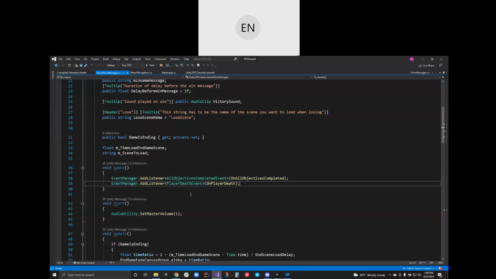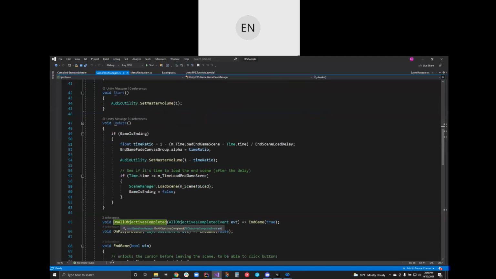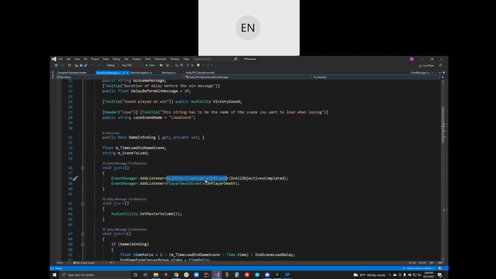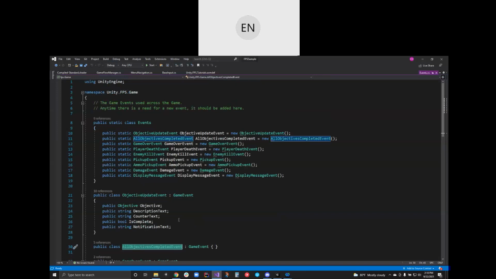So in this case, the game flow manager is just saying, hey, I want to add myself, one of my methods, if I move down here, this method here, as a listener onto this event. So what is this event? If I go and look at that code, there's this event class.